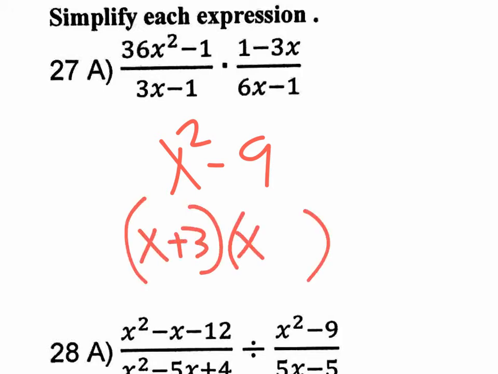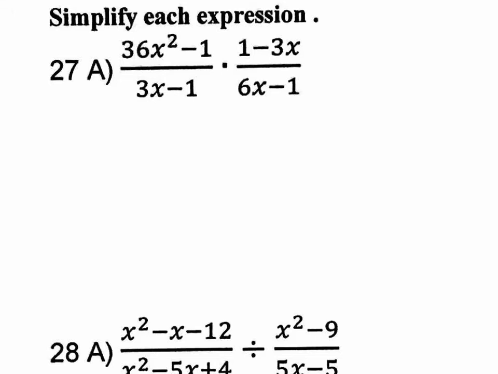X plus 3 minus 3, right? Okay, so this is a perfect squared term. 9 is a perfect squared term. So it's kind of like if you, in your head, square root x squared, you get x. You square root 9, you get 3. And because there is no middle term, one has to be plus, one has to be minus. So we're going to use that concept of the difference of two squares to be able to factor the above